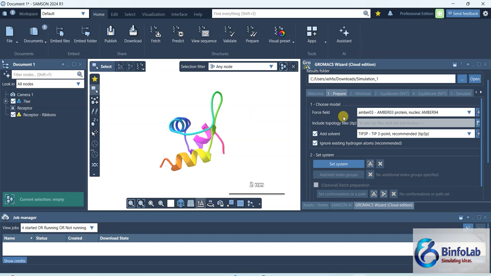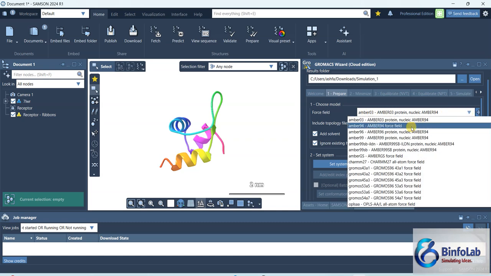So you can see the first thing is to choose the model. In the model, you have a list of force fields here, and you can see you have CHARMM27 and some GROMACS force fields and some AMBER force fields. This AMBER03 force field is for protein and nucleic acid. So it means if your system has a nucleic acid, then this one will be